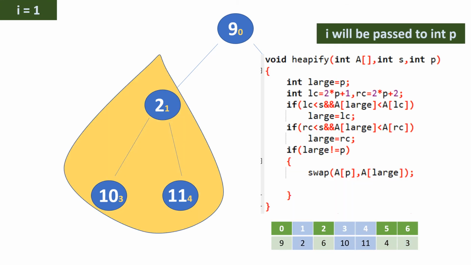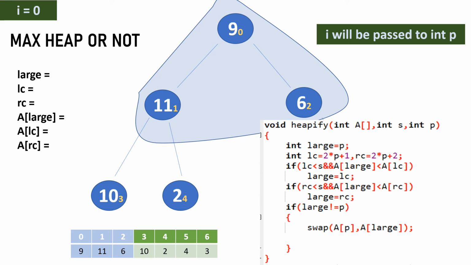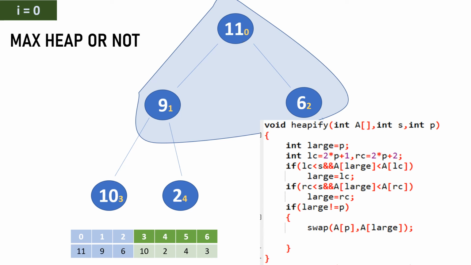So here we get i equals 1, and now in p we will pass this i equals 1. In the same way this program will run, and here we will get the heapified tree. So instead of this 2 we will get 11, and instead of that 11 we will get 2. So it will be heapified, and then again our i will be reduced. So here it is heapified, 11 10 2, and then 6 4 3, and then our i is reduced to 0. Again i minus minus, from 1 it will become 0. So again the loop will run, and here we will get 11 9 and 6.